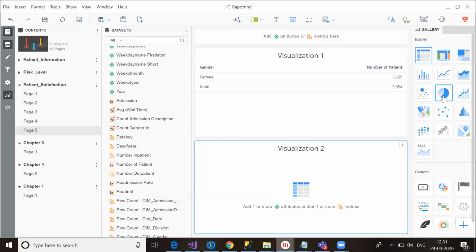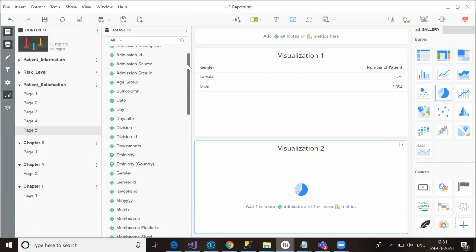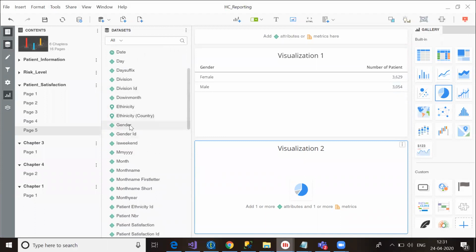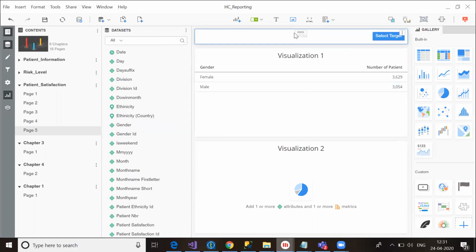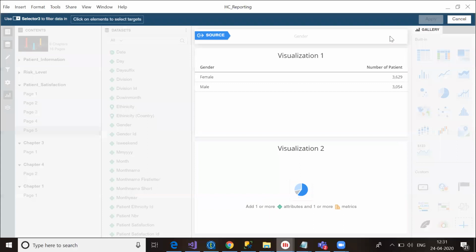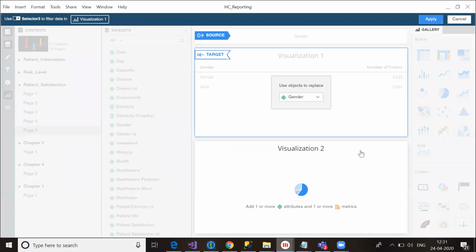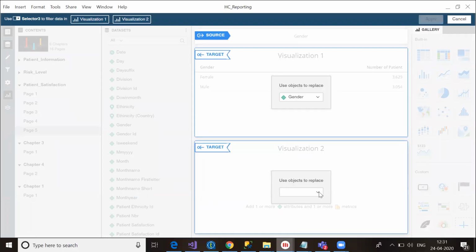So yes, I have selected that one, and now I'm choosing my filter, gender. Now it is asking me to select target. So I'll click on select target and I'll select both of the graphs.